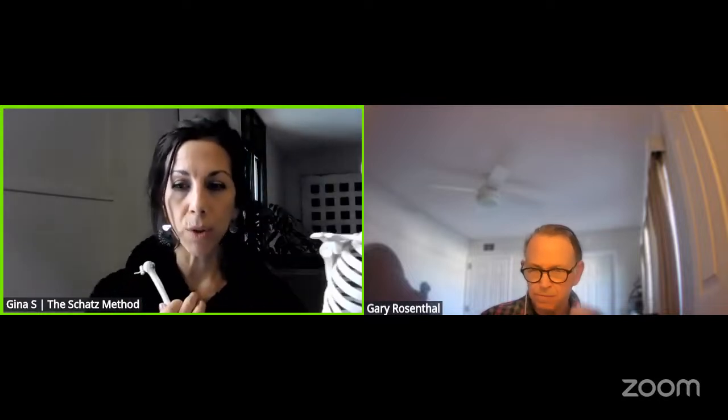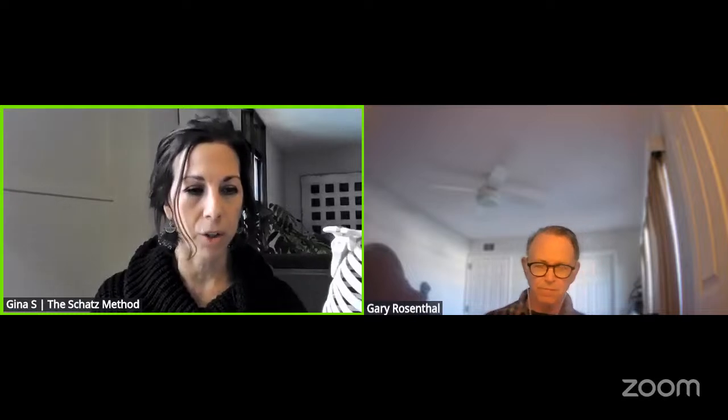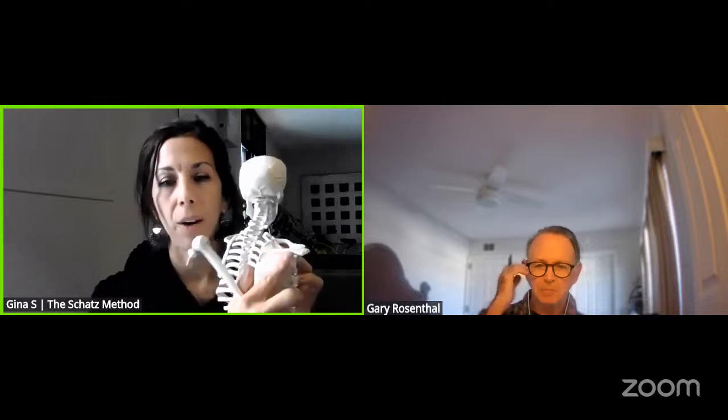I find this mostly true as I'm working through orthopedic issues and musculoskeletal pain and dysfunction. I find this to be mostly true when it comes to stabilization or lack thereof of the scapula, and not necessarily movement of the scapula, although we need to have movement of the scapula. What I mean by that is if this bone and this bone move against each other, and they do to